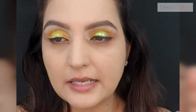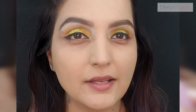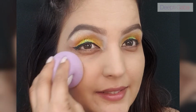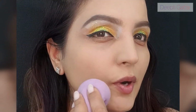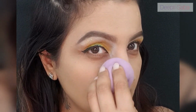This foundation is a little drying, so obviously I would need the Beauty Velvety blender to balance it out. So this is a damp one, and I'll start dabbing it so that it adds a little moisture and sits and blends properly to the skin. So I'm gonna just